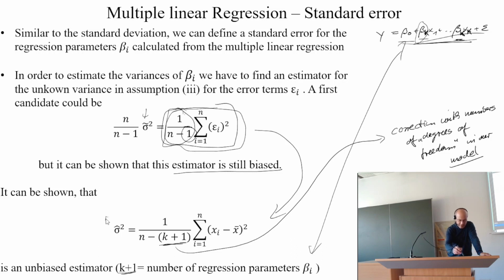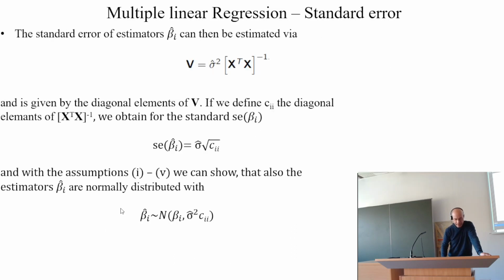And therefore, we will take for the variance this parameter here. Well, if we now take this unbiased estimator